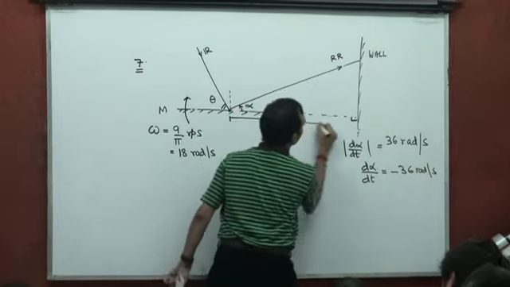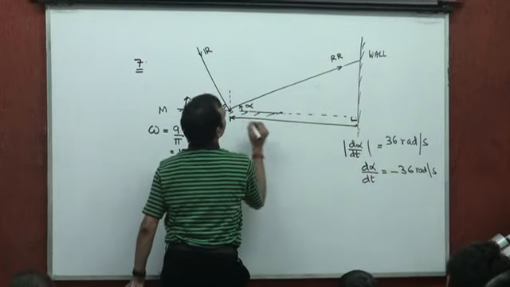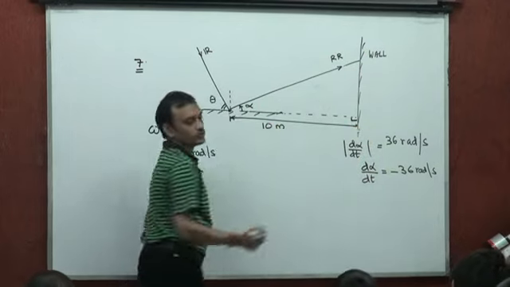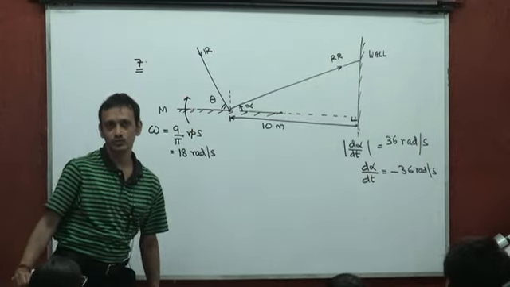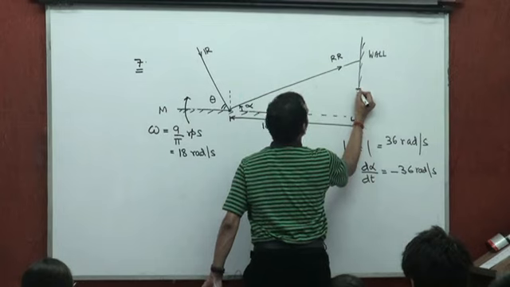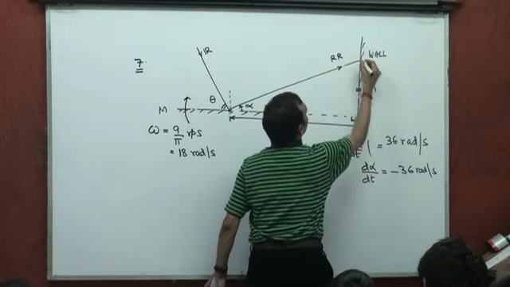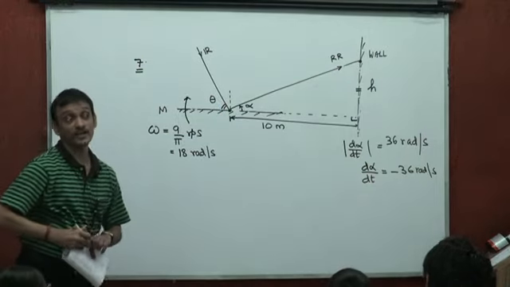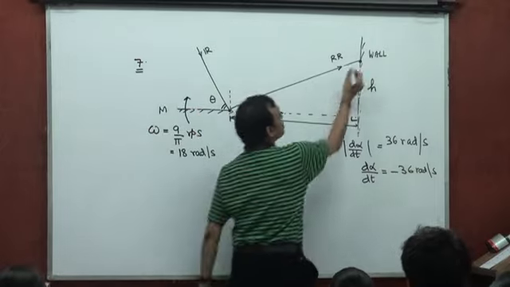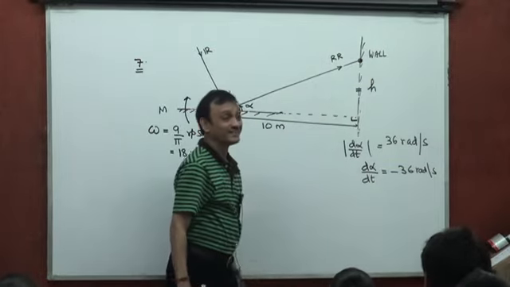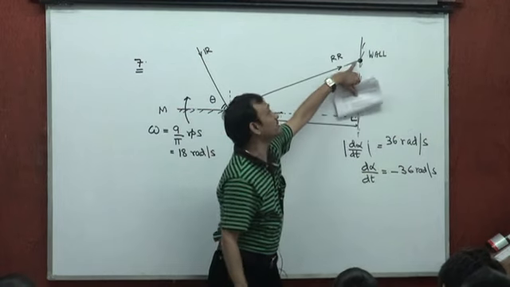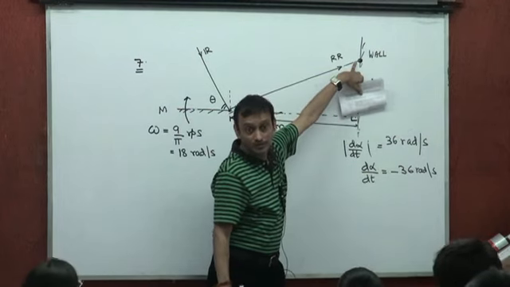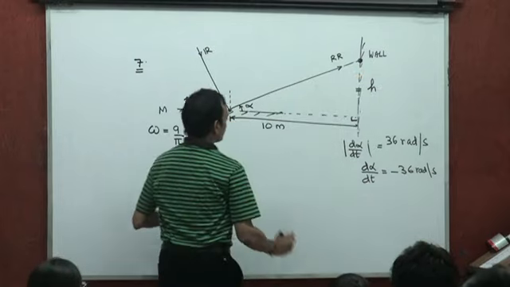Now, this length is given to be 10 meters. Let's say this height is h. Now, the rate of change of h with time would measure the speed of the spot on the wall. Yes or no? For sure,